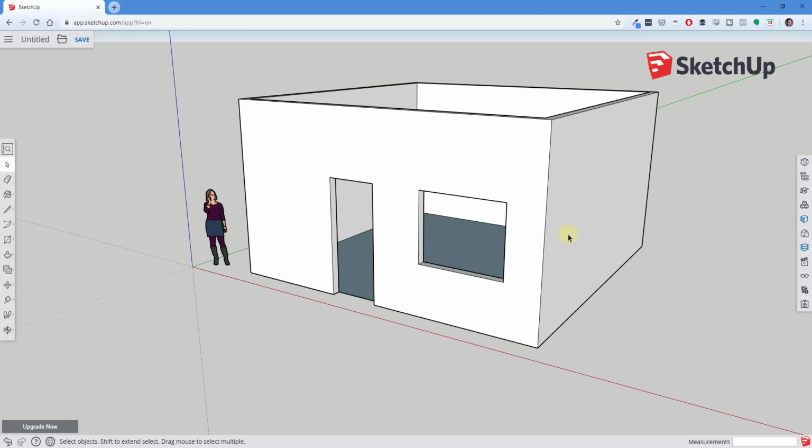And so one other thing that we're going to do right now, and this is something that I'll cover a little bit more in the next video, is we want to go ahead and we want to group this wall. And the reason for that, and we'll talk more about this in another video, is right now geometry inside of SketchUp, when it's not grouped, is sticky. Meaning if I had two boxes like this, and I was to move this box against this one, and then try to move it away,